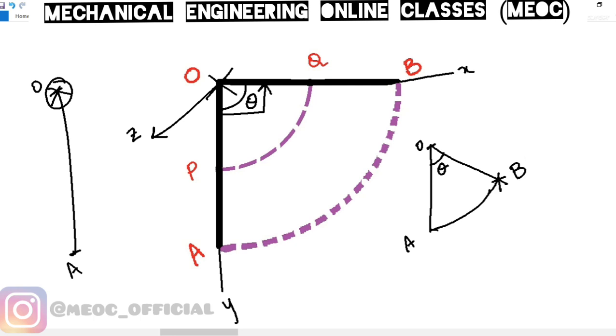If I take any intermediate point between O and A, some P here, now this P will be shifted to a new coordinate which is Q, where OP is equal to OQ. The lengths are the same. The same point whose coordinate at the initial position of OA along the y-axis is P, after rotation by some theta, is now reaching a new coordinate Q. So after rotation of theta, the coordinate is changing from P to Q.